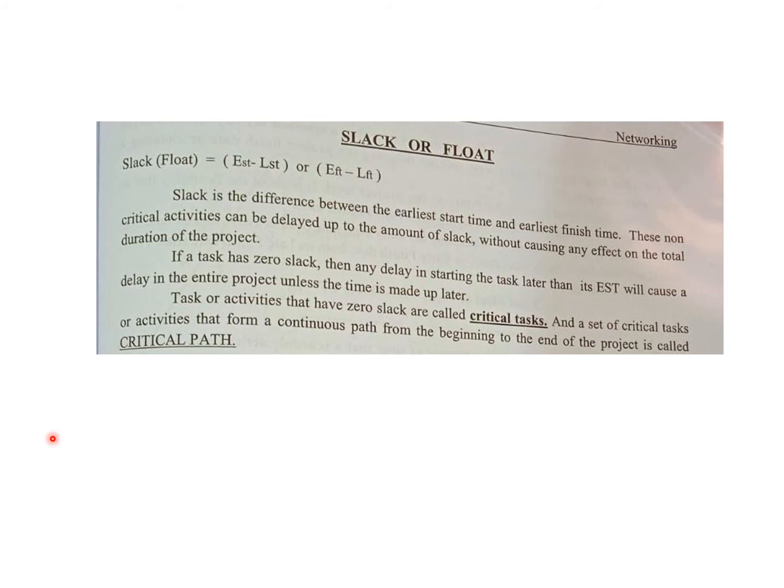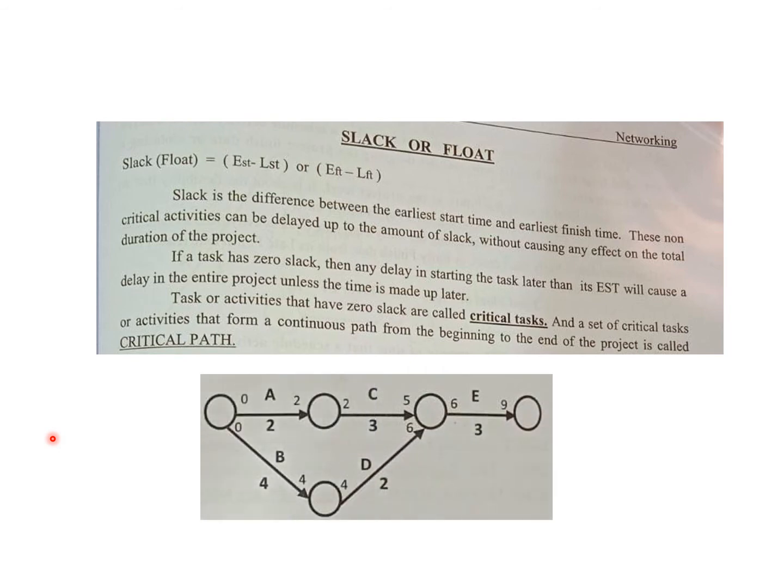Let me elaborate. Over here you have these tasks, B and D. Over here you don't have an earliest finishing time or latest start time and so on. You only have a fixed path where any delay in B or D would simply mean there's a delay in the project, right? So you do not have any slack over here, right?